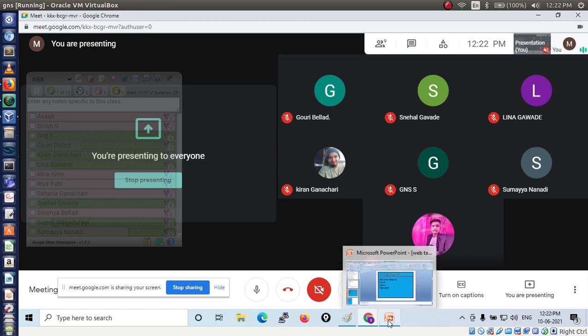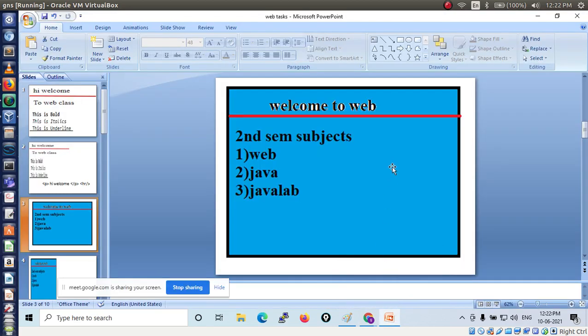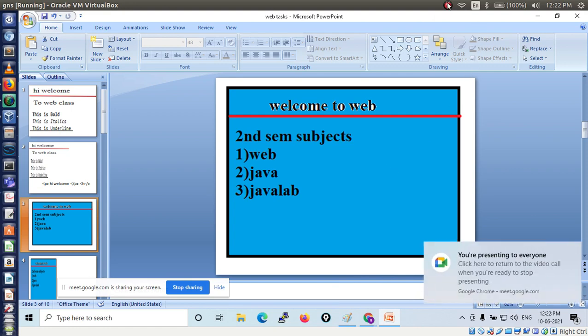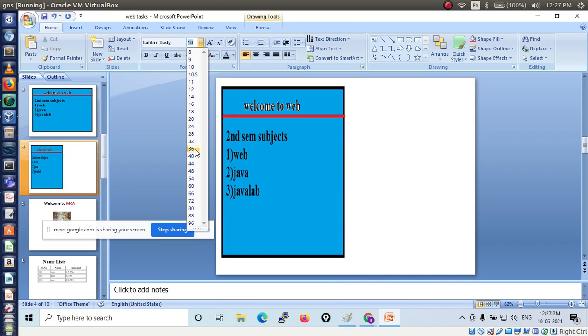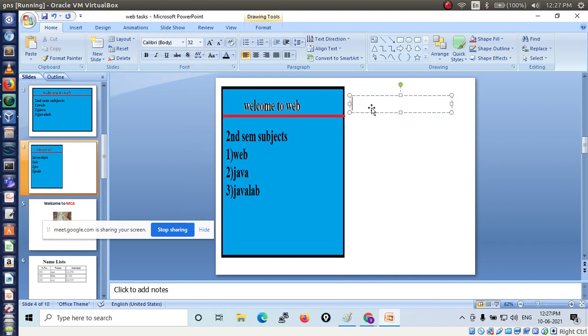Yes, any difficulties while writing this code? So first we have to display welcome to web. So use h1, welcome to web, then close your h1 tag.